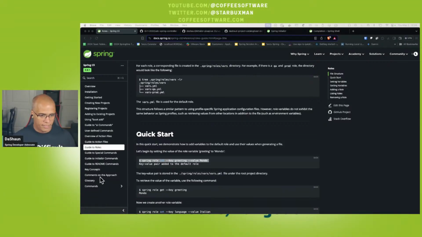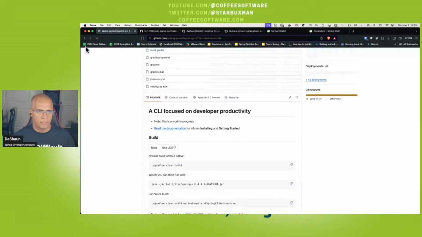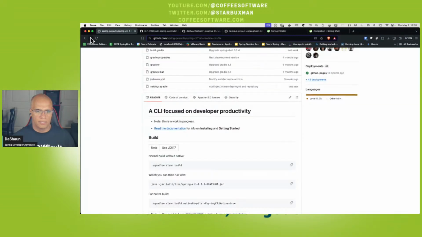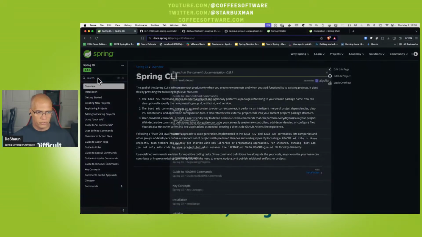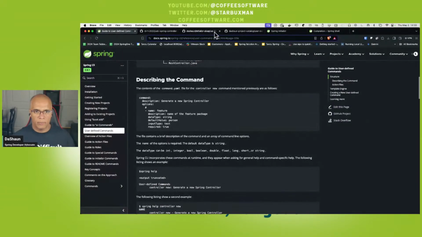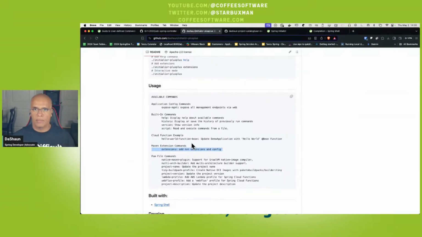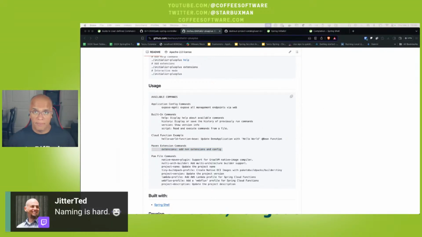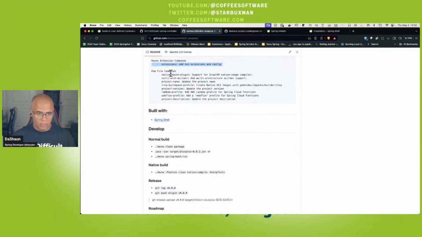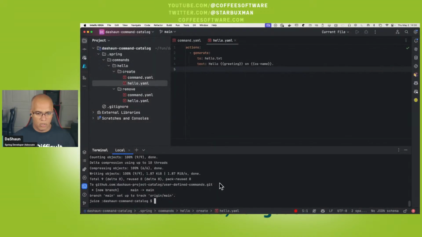I'm going to jump back to my user defined commands. Oh, where was I? I want my user defined commands. What I want to do is take this one, this extensions, and I think I want to implement this extension. And just a reminder to everybody, naming is hard, period. So this is great. We are building. I want to put this into the hands of users. So let's take this example, and I'm going to call it